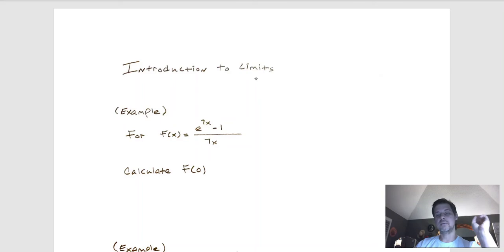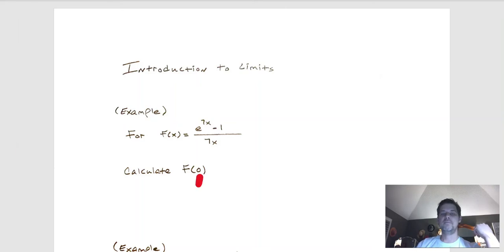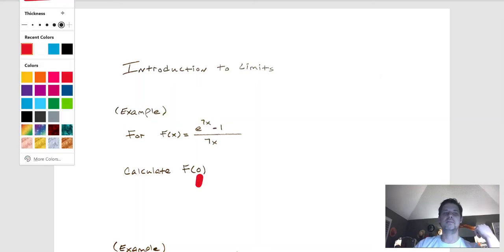Now just to get started, before we actually talk about what a limit is, in my last video I used a function kind of like this. Let's just say that you have this function and you want to calculate f of 0. That's how you would read this function notation. And all that means is that if I take that function,